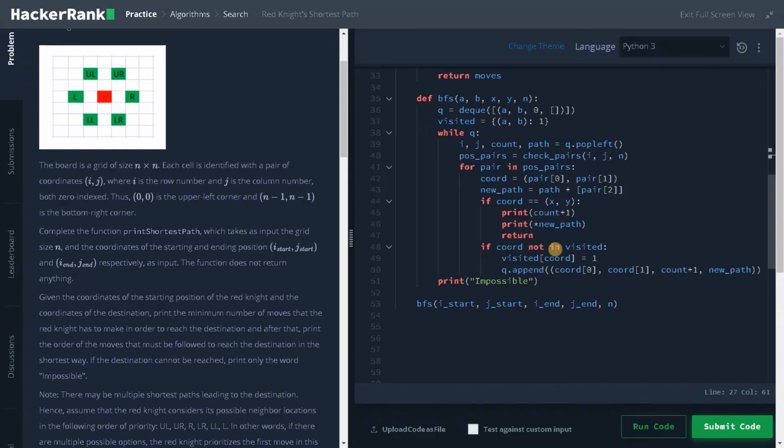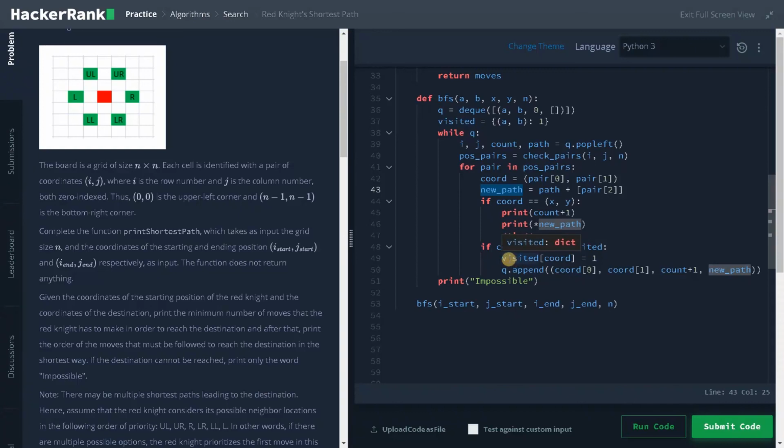For that we will be checking whether the coordinate is in the visited dictionary. If it is not, I will add the coordinates to the dictionary and append all the values to the queue. So this is the coordinates, this is the number of moves, and this is the new path. So here I'm extending the new path. This path will have the existing or the previous path, and I'm adding a new path. That's why I'm doing it in a separate variable.